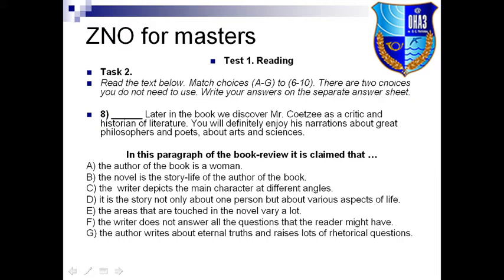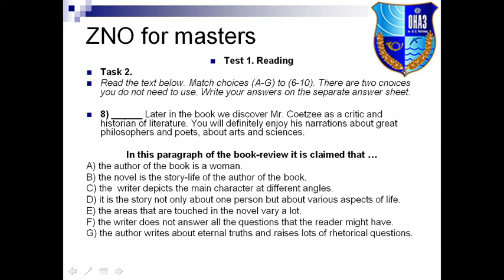Again, let's read question 8 quickly. Later in the book we discover Mr. Coetzee as a critic and historian of literature. You will definitely enjoy his narrations about great philosophers and poets, about arts and sciences. Now we see lots of answers in this paragraph. Now we understand that in this paragraph of the book review it is claimed that